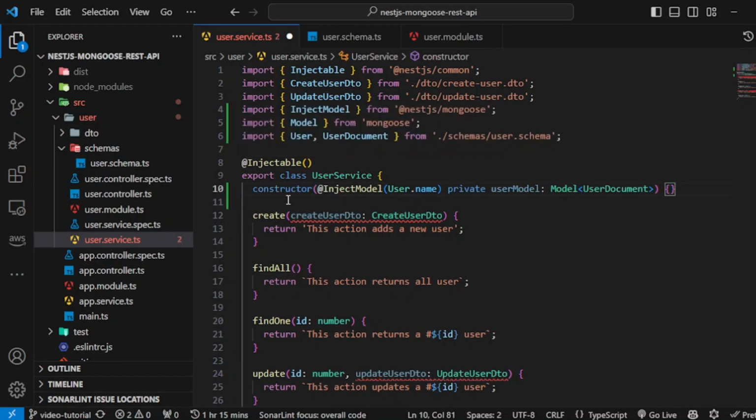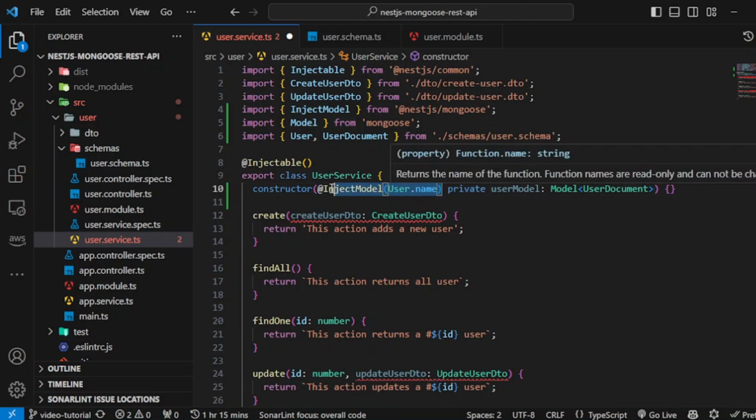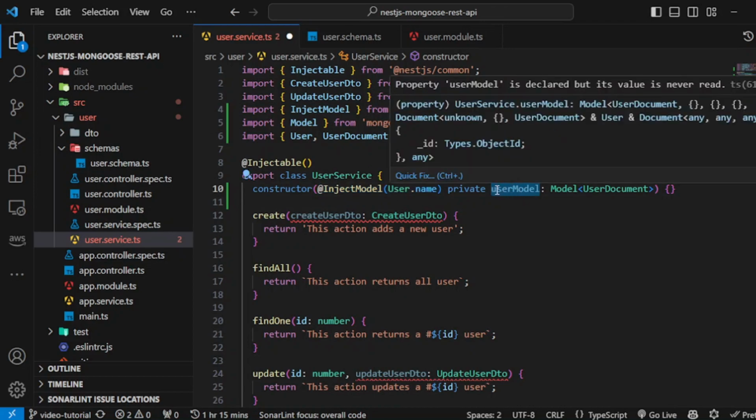For injection you have to use a constructor. So you have to use the constructor which uses the InjectModel decorator, and in the InjectModel decorator this class would come. So you would say User.name, whatever the schema that you are creating, you have to put that name here and then use the name. So User.name or Account.name or Profile.name, whatever the schema that you are creating, this allows you to inject the schema to this variable. Okay,